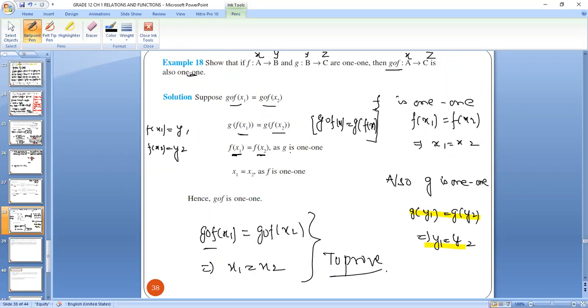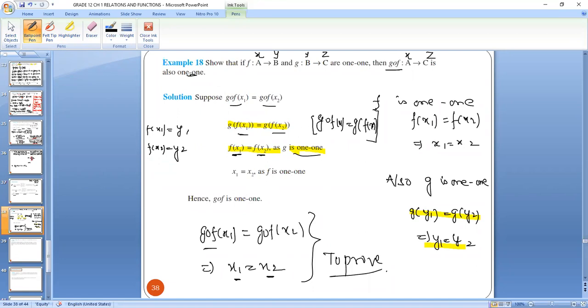F of X2, and the reason G is 1-1. This step creates confusion to the students and this is very important कि ये कैसे आ गया, right? ये आपको समझना है कि आपने सबसे पहले लिया G of F of X1 इज इक्वल्स टू G of F of X2। आपको जाना कहाँ है, X1 इज इक्वल्स टू X2 तक, क्योंकि अगर आपने ये रिजल्ट प्रूव कर दिया, आप प्रूव कर दोगे कि G of F जो है वो 1-1 है।